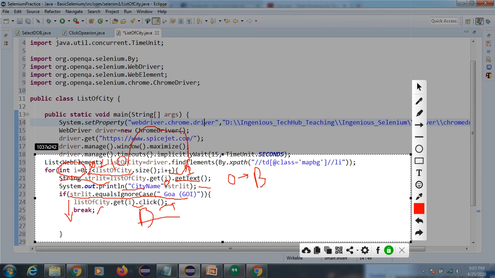So the initialization part is completed. Initialization happens only one time. Then here the value is 1, then 1 is less than 10. Yeah, the condition is true. Again it will come and check this, not matching. Again it will go, again it will check. This will iterate until whatever elements are there, or until it matches. If it matches, then it will click here and break the loop. Got it, right? So this is how internally you can explain them.